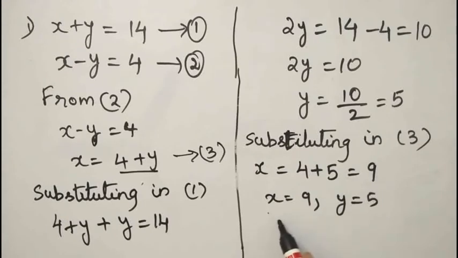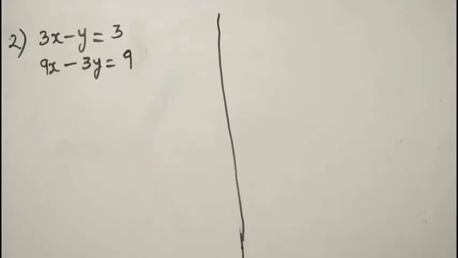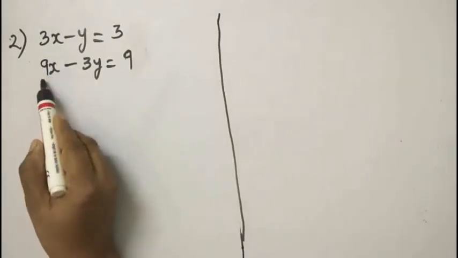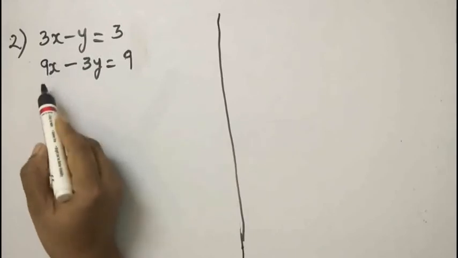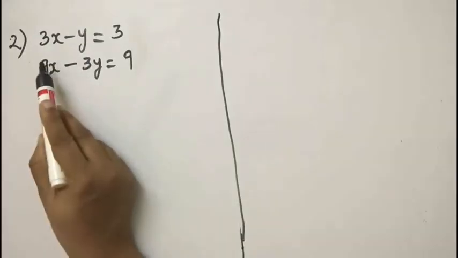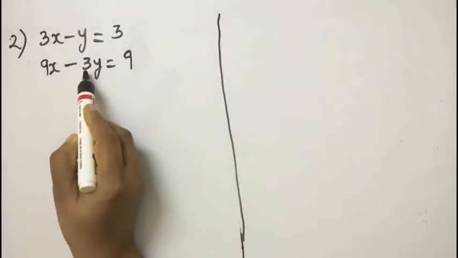Okay. Now let us take another example and study coincident lines. Suppose these two equations are given and asked to solve. If you observe here, in the place of a1 it is 3, a2 it is 9. 3 by 9 is 1 by 3. Here it is minus 1, here it is minus 3. So minus 1 by minus 3 you will get 1 by 3. a1 by a2 is equal to b1 by b2.